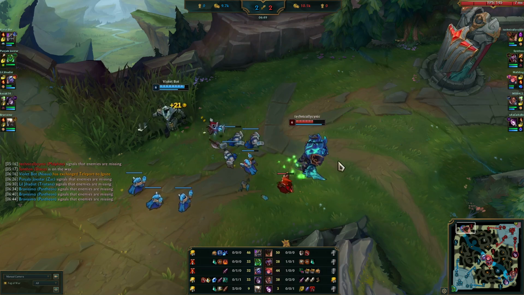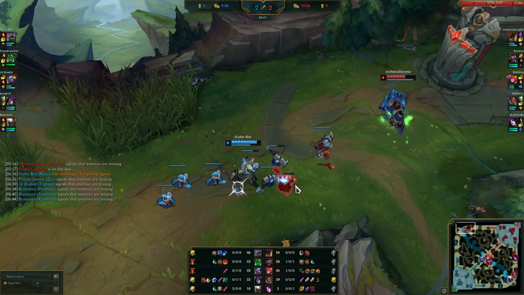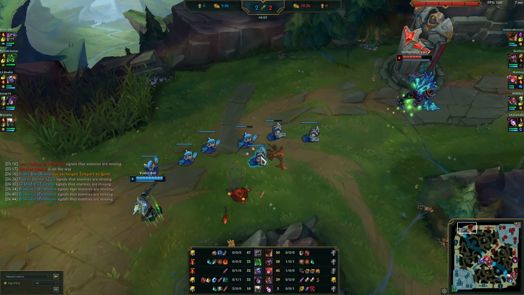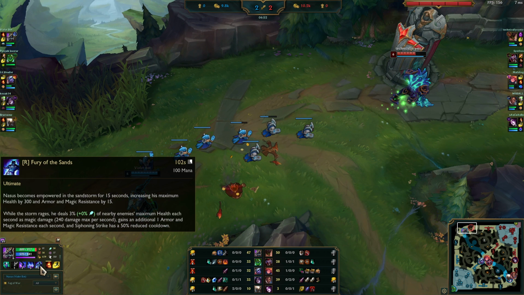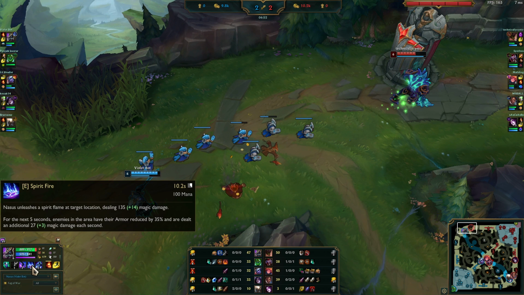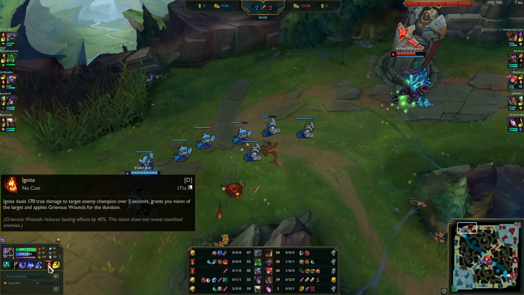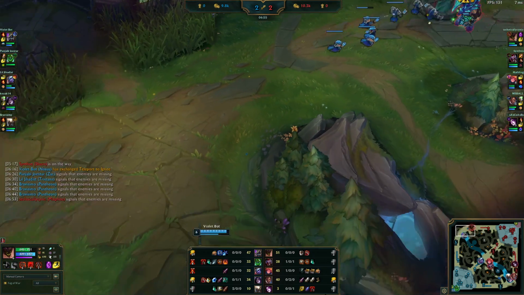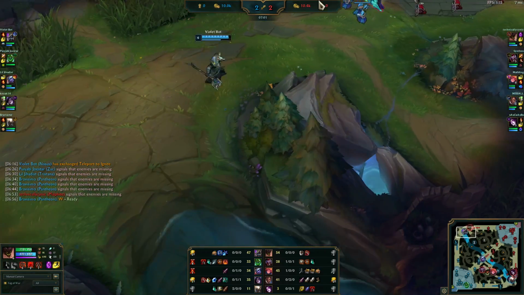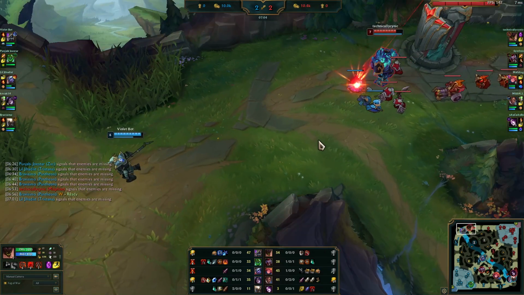If he ults you, then he's committing, and that's probably what you want. And for him to hit R, thinking that his pressed attack is going to outdo your Fury Sands, and then of course if you ult and you ease up and you got ignite, your ignite does 170 true damage, you kill him. But instead she's throwing E down, she's running away. Ripperino. So what I would do here,